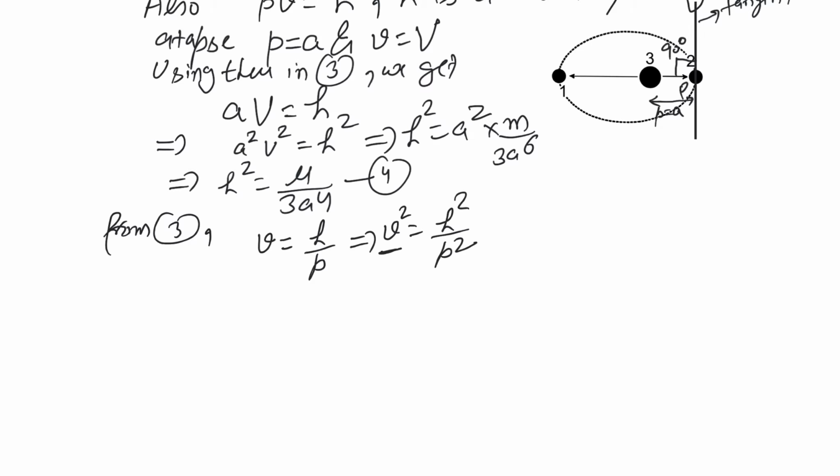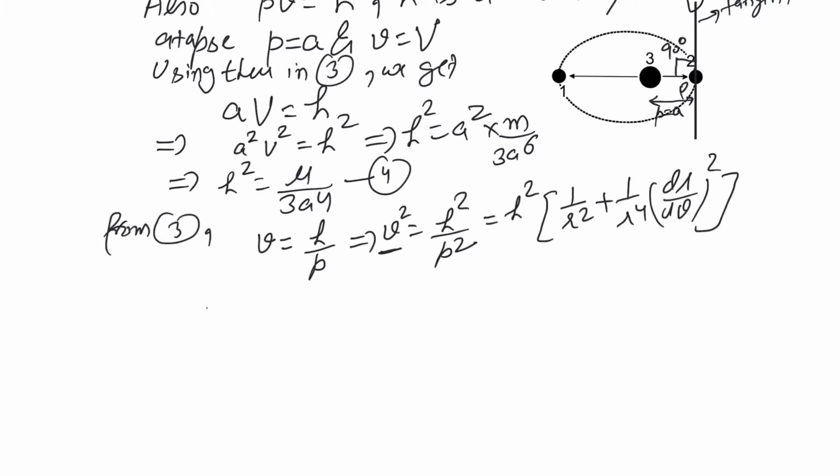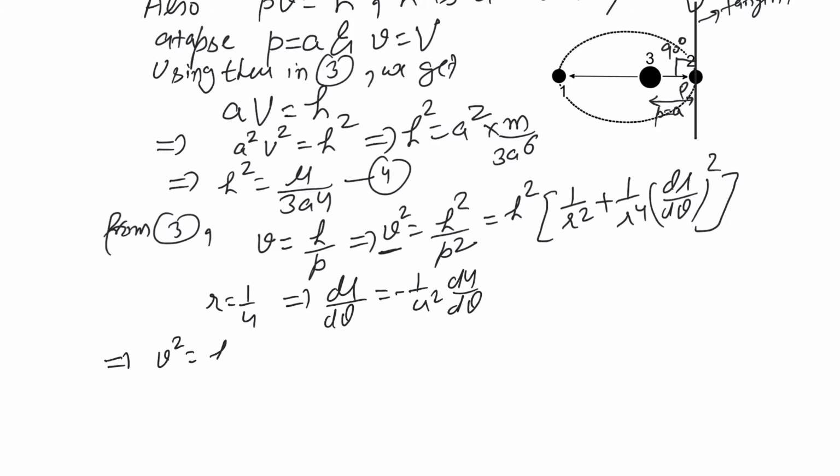where v is the general velocity, and h square by p square we again know is equal to 1 by r square plus r^4 (dr/d theta) whole square. We also know that r is equal to 1 by u. This implies that dr/d theta is equal to minus 1 by u square du/d theta. This implies that v square is h square (u square plus u^4 times 1 by u^4 (du/d theta) whole